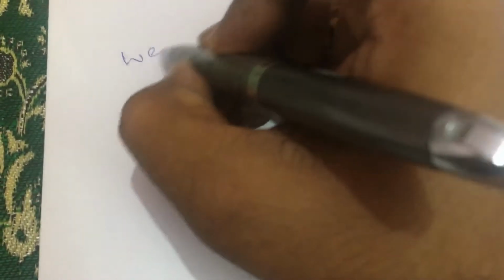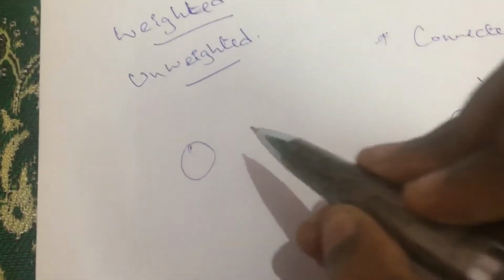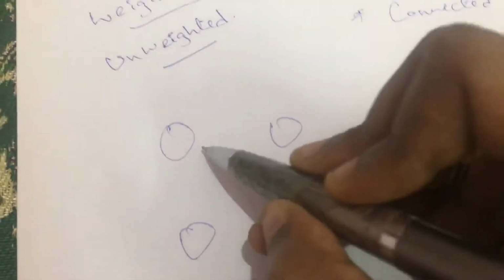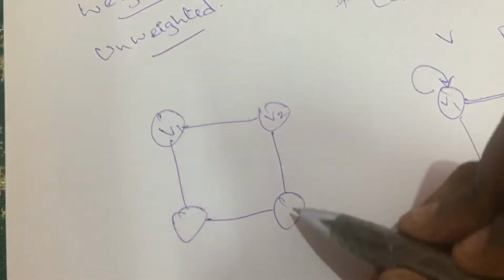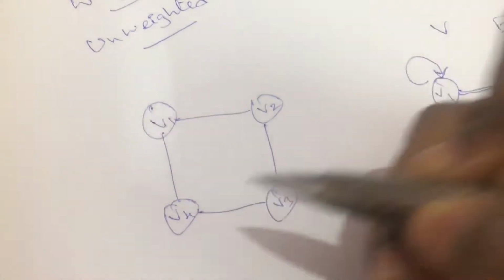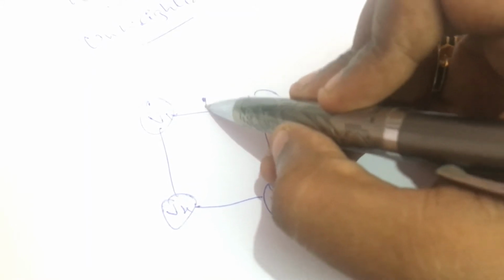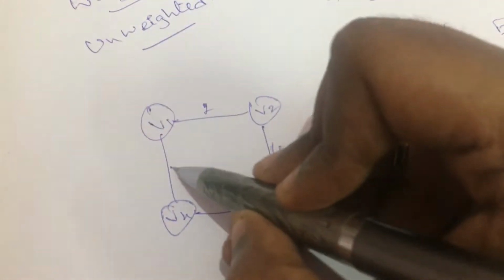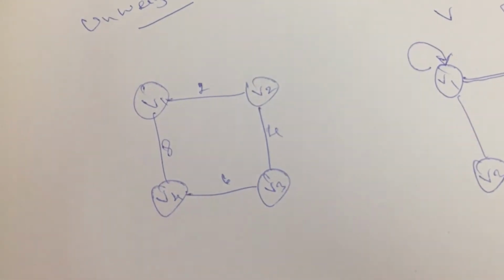So now we also have something called a weighted graph and an unweighted graph. Weighted and unweighted, right? So what exactly is a weighted graph and an unweighted graph? For example, let's assume that we have a graph with exactly 4 vertices, right? So let's construct a graph with 4 vertices, v1, v2, v3 and v4, right? So let's assume it in this way. Now let me write some values over the edges. For example, let it be 2, 4, 6, 8. So here the numbers 2, 4, 6 and 8 represent the weight given for the edge.